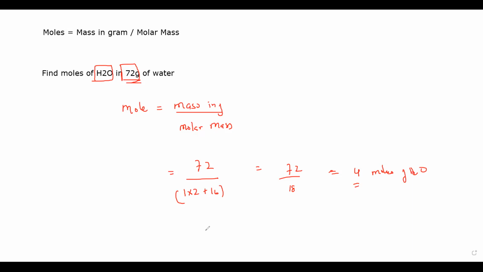To everyone? That's the first formula of finding moles: moles equal mass in gram divided by the molar mass. So according to the question, we have 72 grams of water and the molar mass of the water. To get the molar mass, we have to use a periodic table. There are 2 hydrogen atoms, each is having a mass of 1, and there's only 1 oxygen atom which is having a mass of 16. So total mass of water is 18. So 72 divided by 18, the result will be 4 moles of H2O.